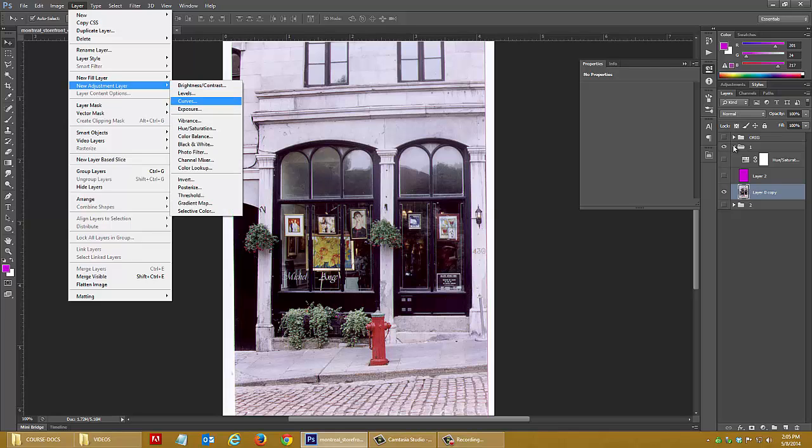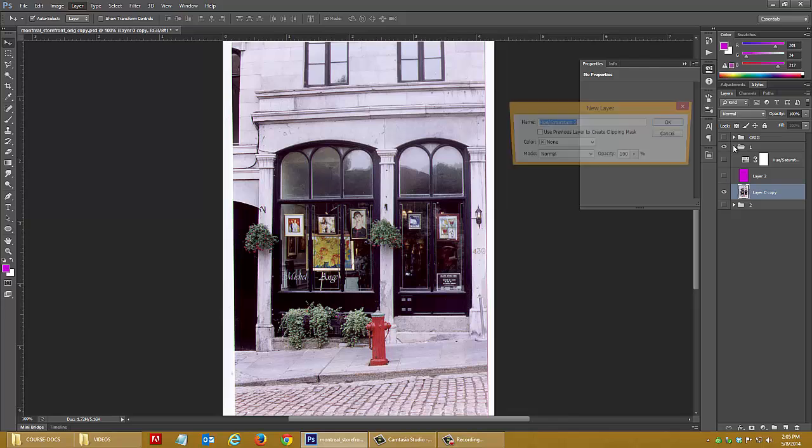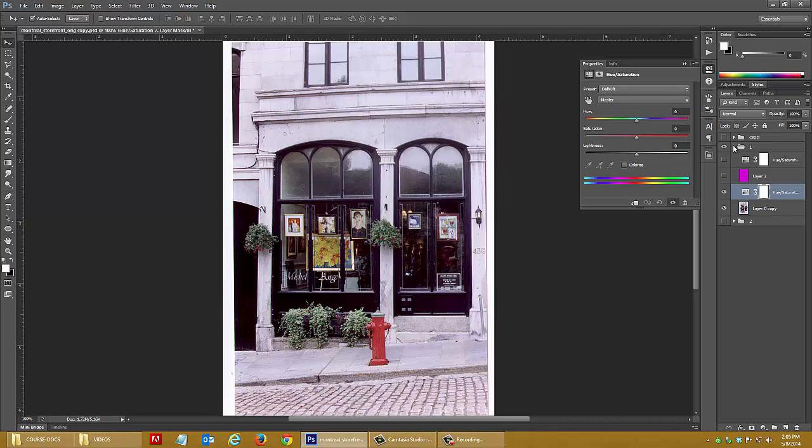This gives you a layer over top of this, and I want to do the hue and saturation, which will affect the colors. Hue is another word for color. Saturation, obviously, how dense that is, or actually how saturated it is. If your menu is somehow looking like this, you just pull this down. I actually want to pick colorize. So this will give me this, and from here I can change the type of color, how deep it is,